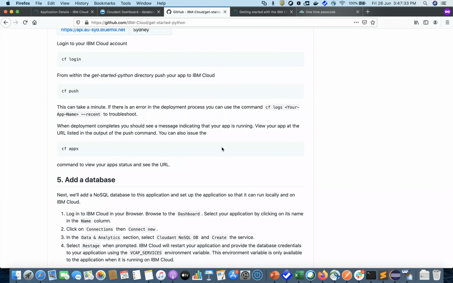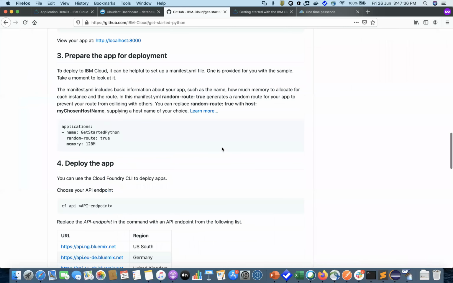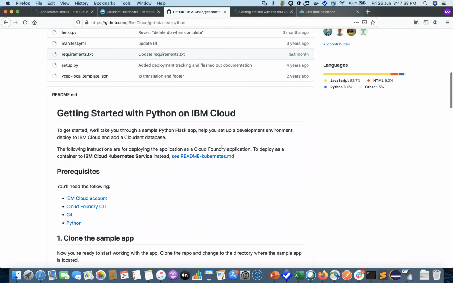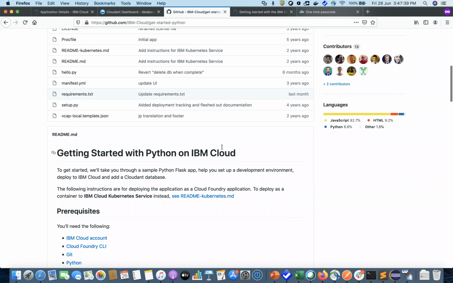You need not worry too much about it. You need to concentrate only on your development part. The rest, everything is already available. You can blindly copy this manifest file. You can blindly use this template, and you are ready. You are all set to deploy that app onto the cloud and start working.